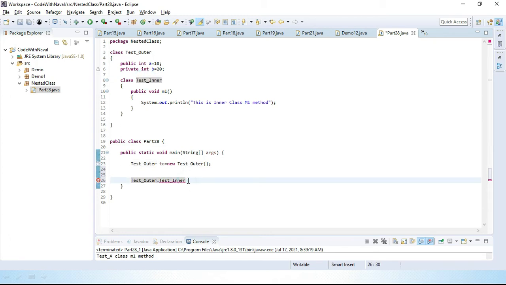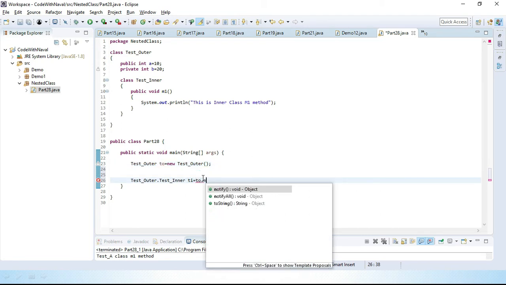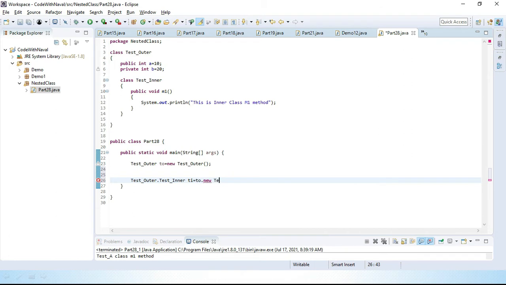Here we simply create test inner ti equal to, and now I want to create the object referring to this outer object, so I first have to add to dot new test inner. Now you can see we created the inner class object.